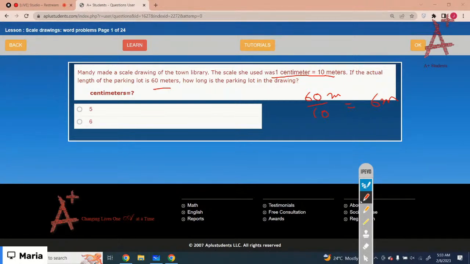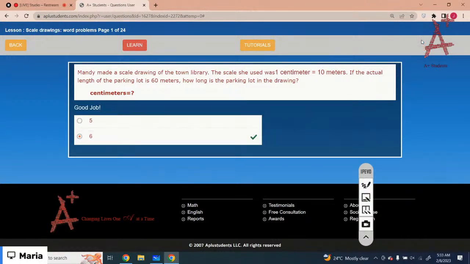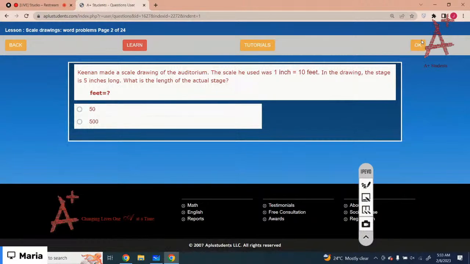So the correct option is 6. Got it? So just select the correct option and click on the OK button. Okay, the next one is